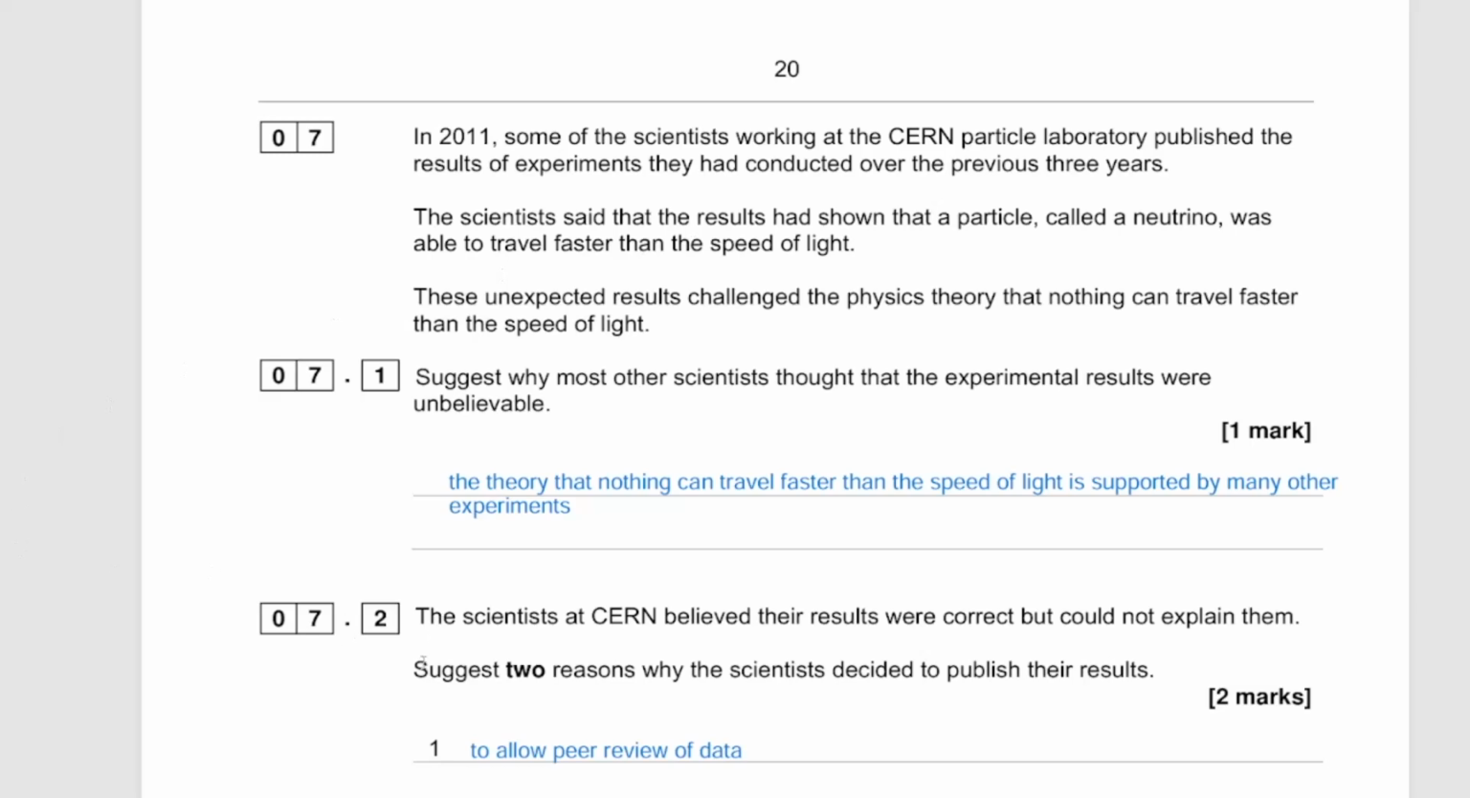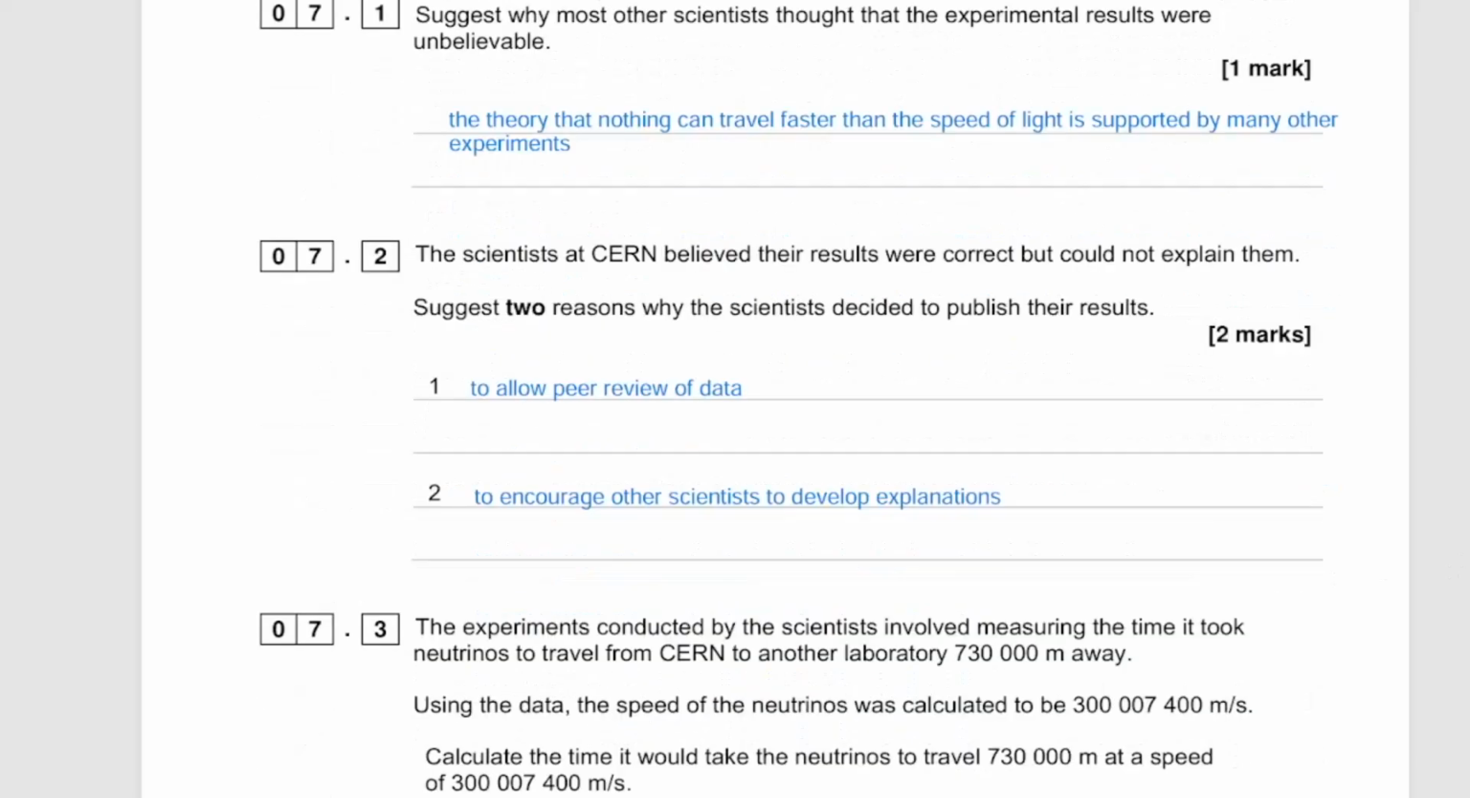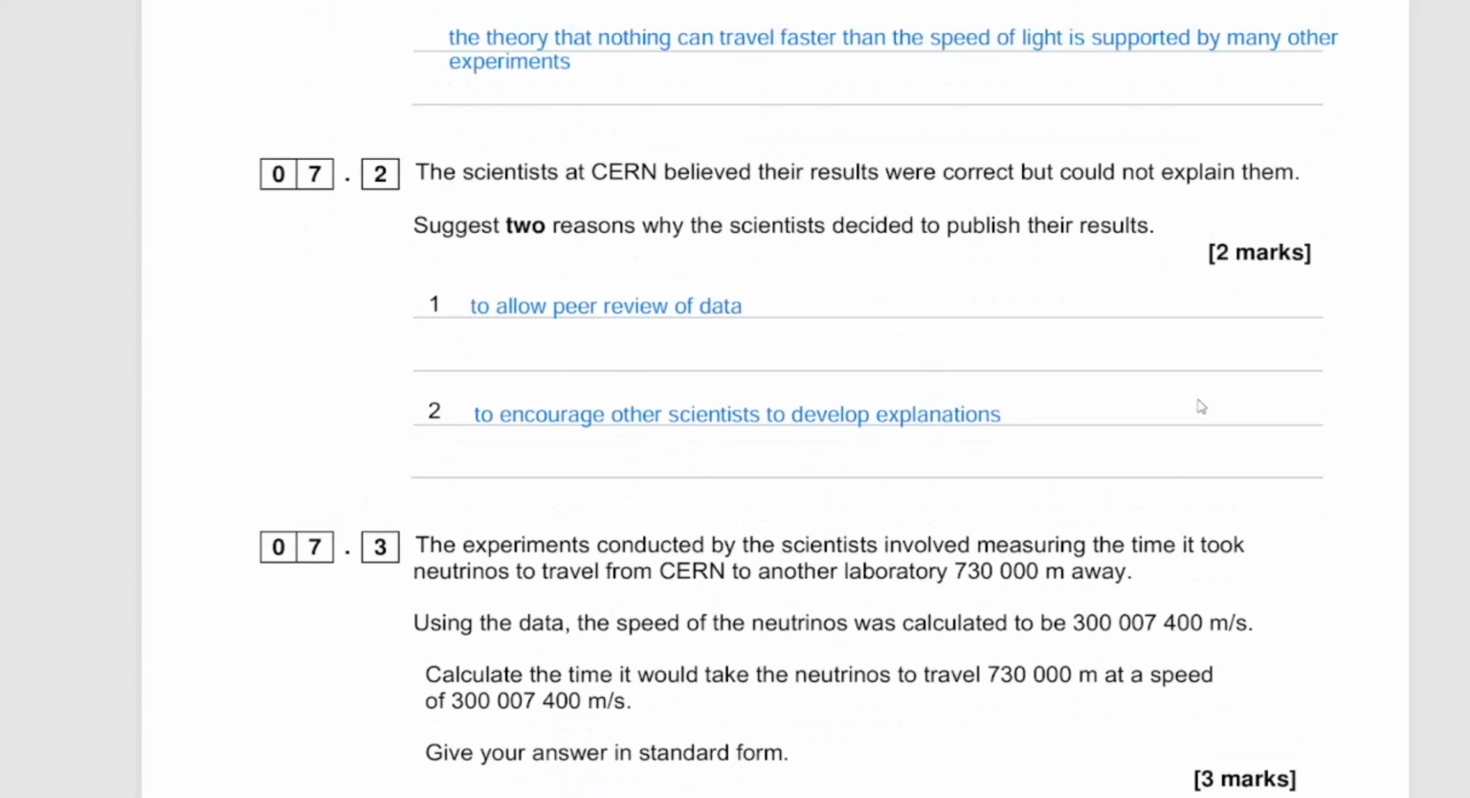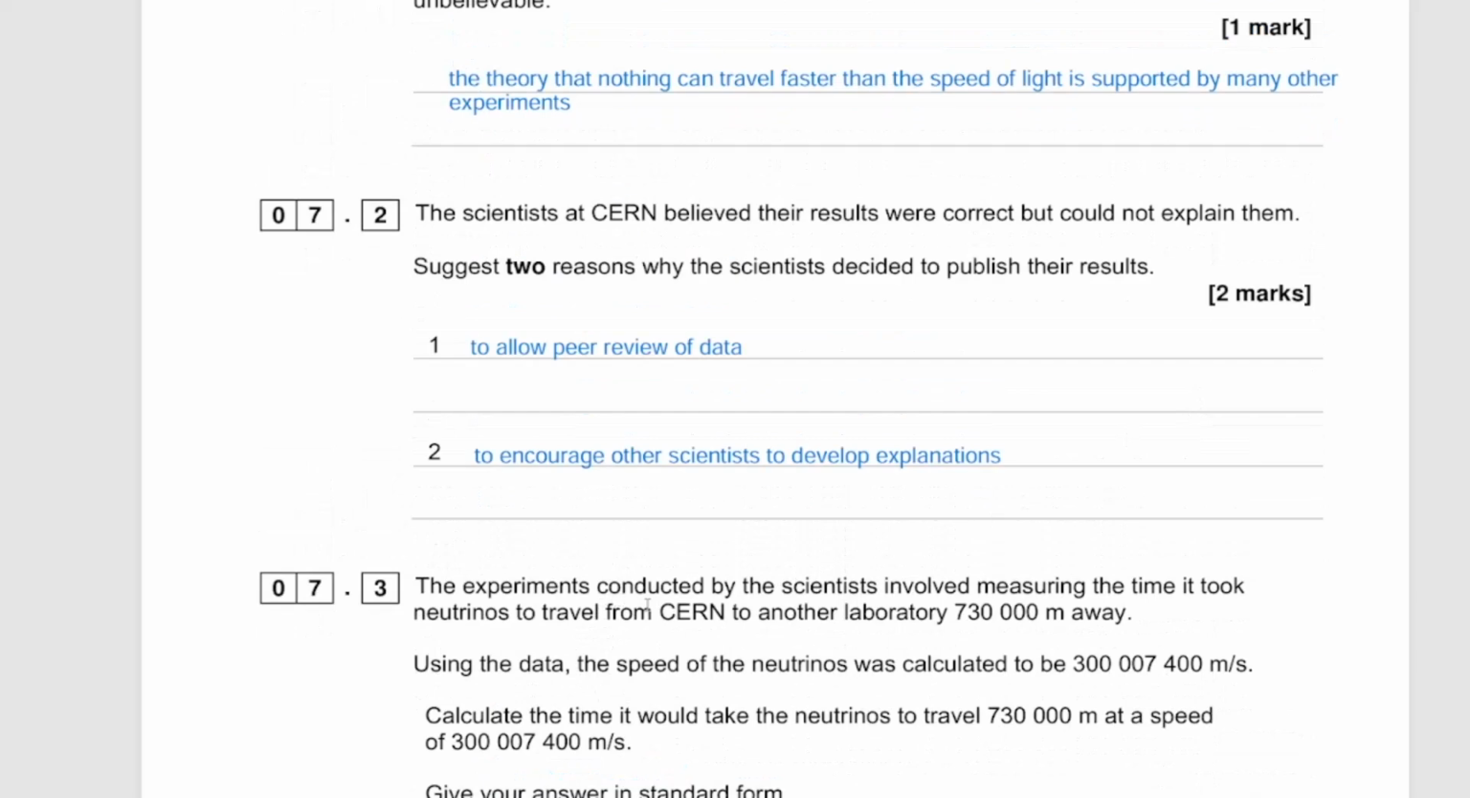And for 7.2, suggest 2 reasons why the scientists decided to publish the results, despite them not being able to explain it. And this was to allow the peer review of data and to encourage other scientists to develop experiments. Then for 7.3, the experiments conducted by the scientists involved measuring the time it took neutrinos to travel from CERN to another laboratory